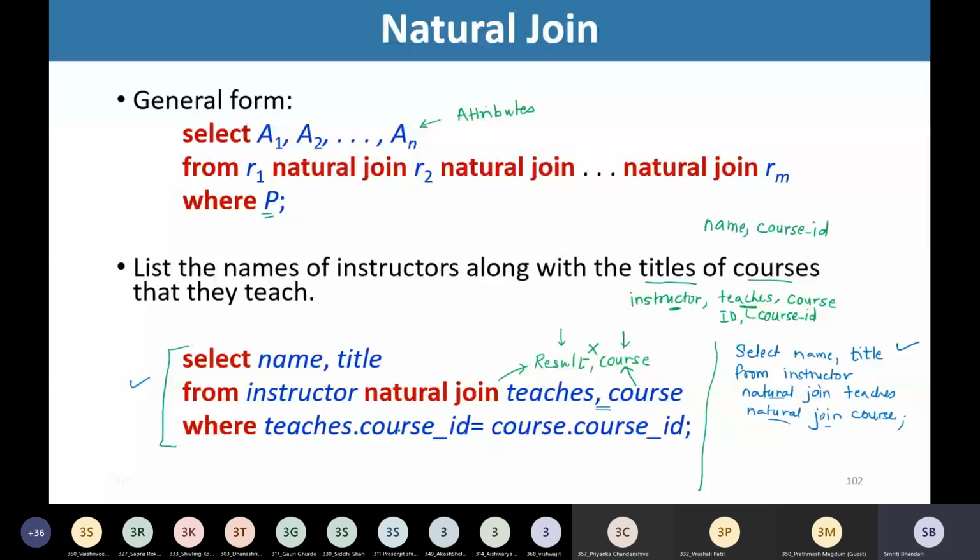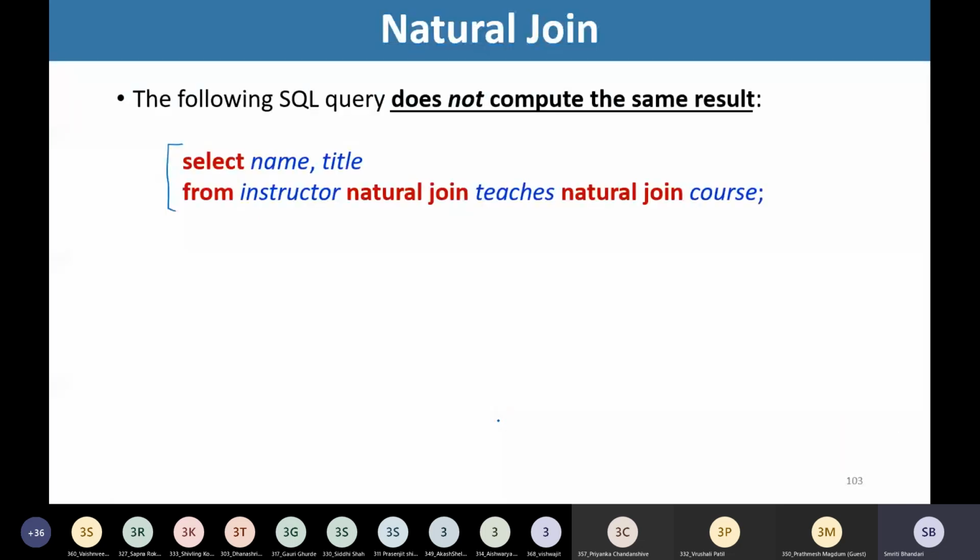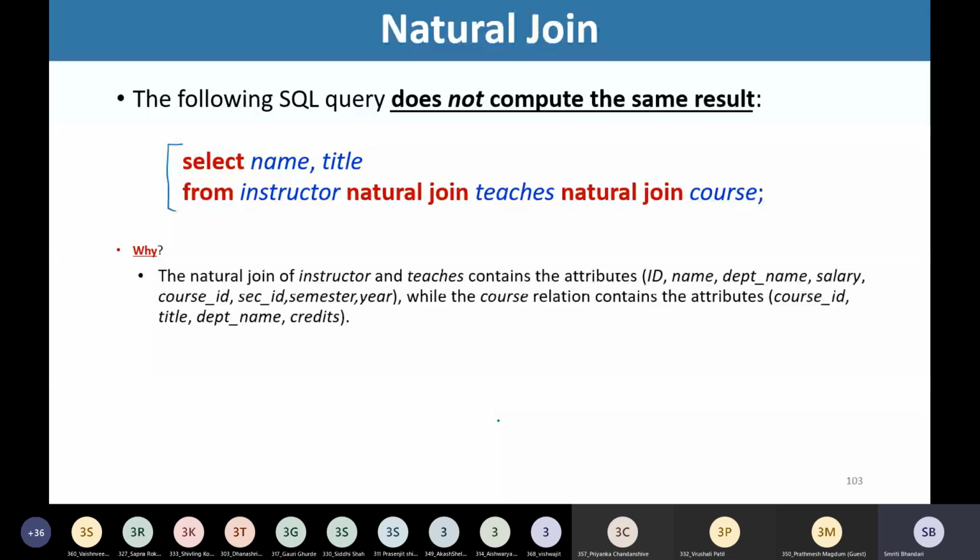And we are matching the attribute course ID from teachers and course. Right? So these are two different ways of writing the query, and I am saying that these two queries will not produce the same result. So what is the reason? Why are these two queries not producing the same result? Let me tell you the answer now.